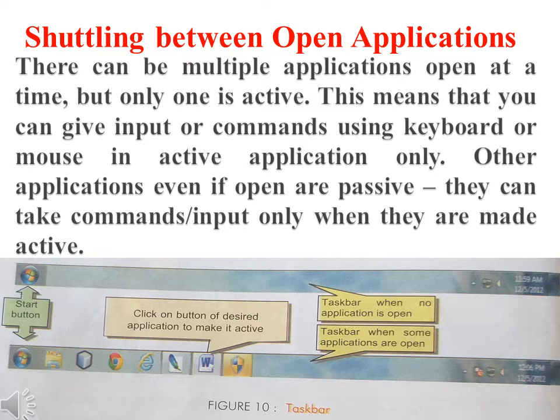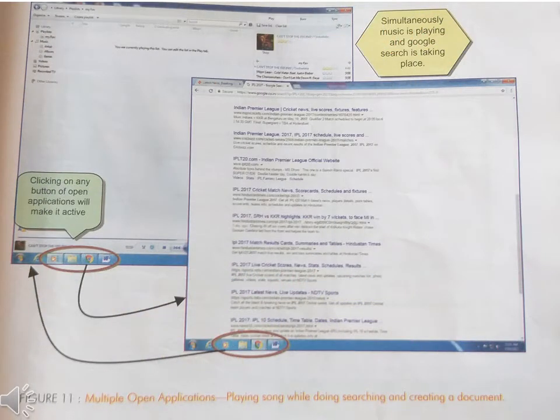You can see in the image that there are so many different applications opened. If you want to work with any particular application, you just have to click on that application in the taskbar as shown in the figure. You can also see in the image how exactly this switching or swapping of applications will work.